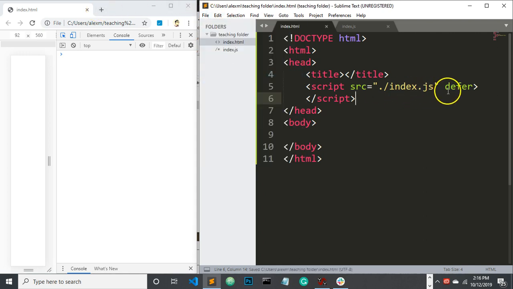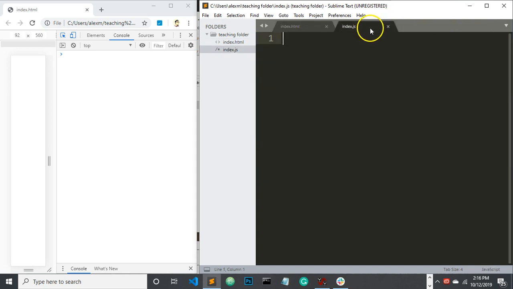Now, the reason I put the defer keyword there is that if you are making a website, the JavaScript won't run until your website's all rendered, until your HTML file is done doing what it needs to do. We're not doing any HTML today, so you don't have to worry about that, but it's a good habit. Now, just to make sure that this all worked, we're going to type in our first command,